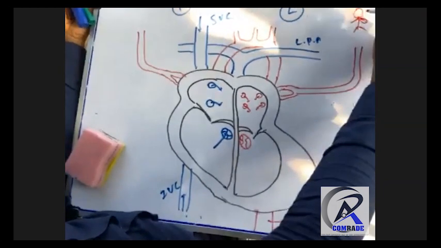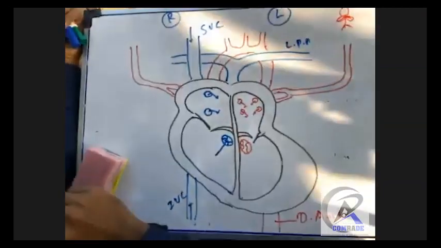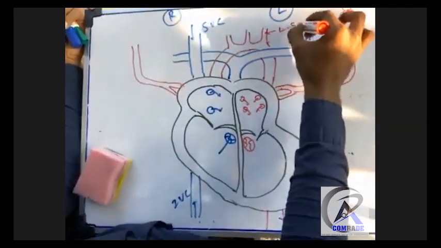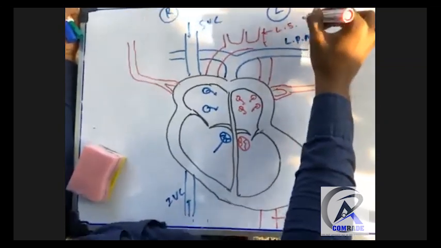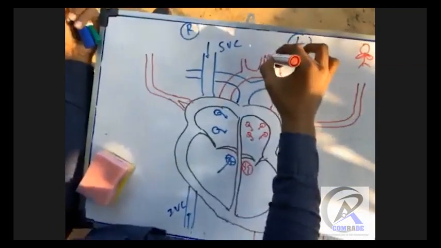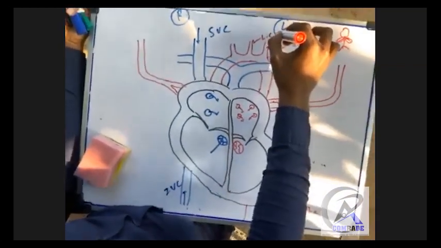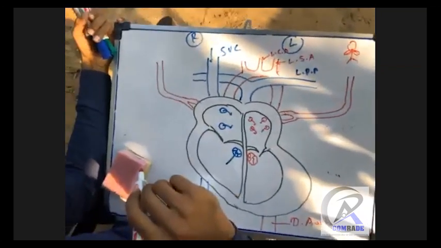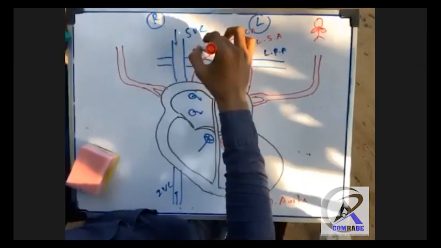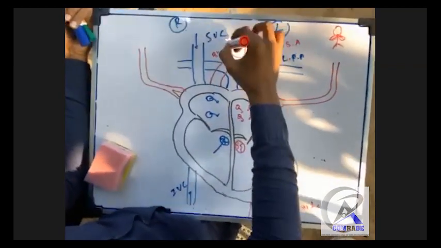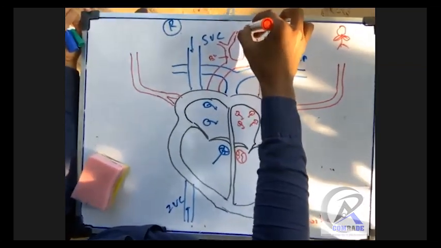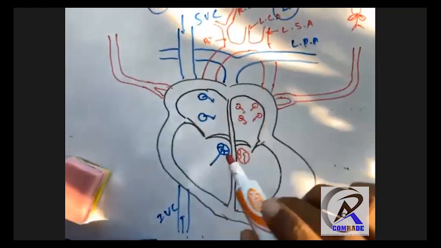Okay, this is the right side limb, left side limb, right? Okay, so this one is the left subclavian artery. This is just for information, right? And this is the left carotid artery which goes to the brain. Okay, the carotid artery which goes to the brain. This is the brachiocephalic artery, and this divides into two parts as like this: the right carotid artery.